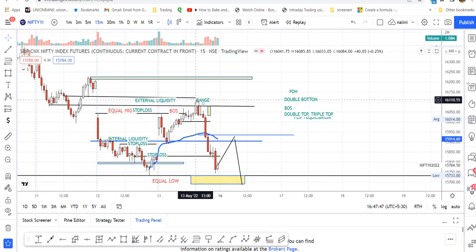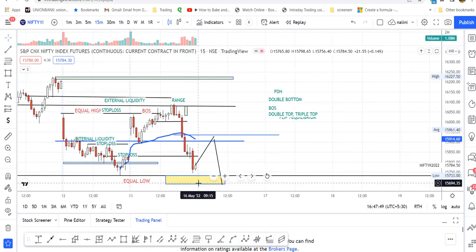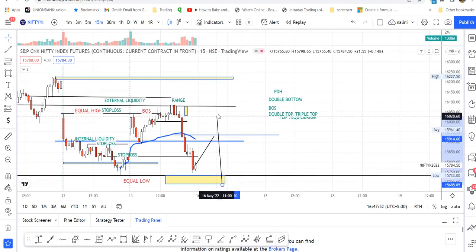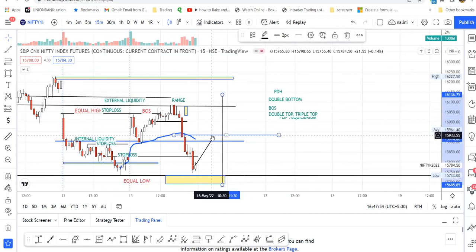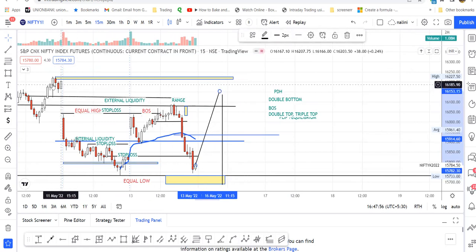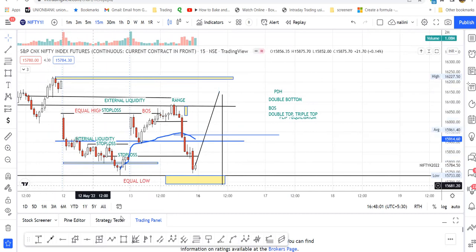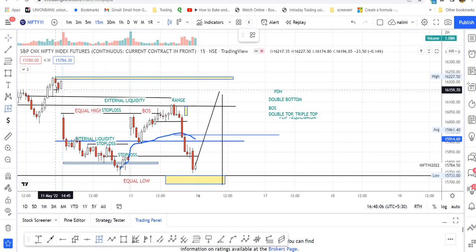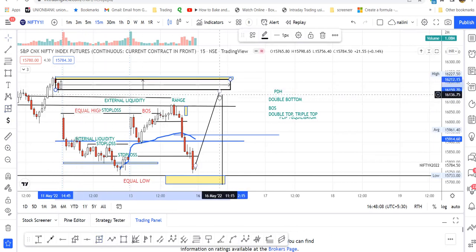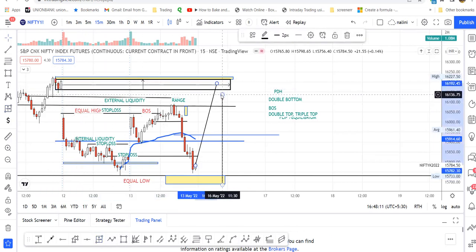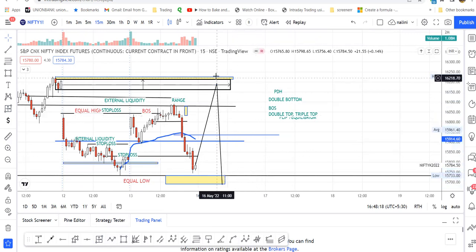When they have hunted the stop loss above, they will hunt the stop loss below and they will try to traverse beyond this level, because this is an order block. This is the area where all the buyers have been trapped. So they will go and mitigate this level, then they will become profitable. Their intention will be over. There you have to look for the final level.